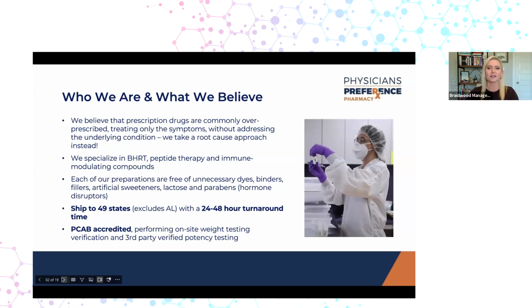And we do that primarily in two ways. We start out by weight testing our products on site, and that does give us some verification of the quality and the strength and potency of our product. But we also have all of our technicians that compound send out several samples several times per month to our third-party laboratory that tests those for potency, to be sure that what we tell you and what we tell your patients that we're filling is what we're actually filling, what they're actually receiving in the mail and in their